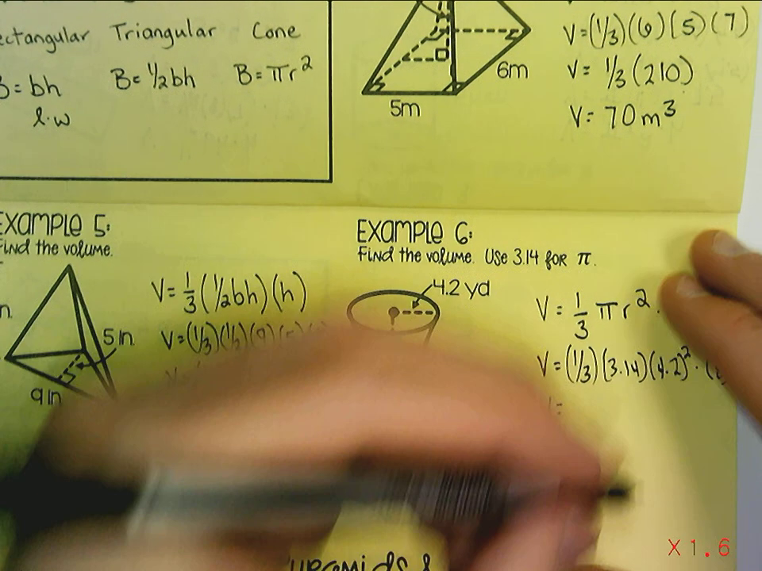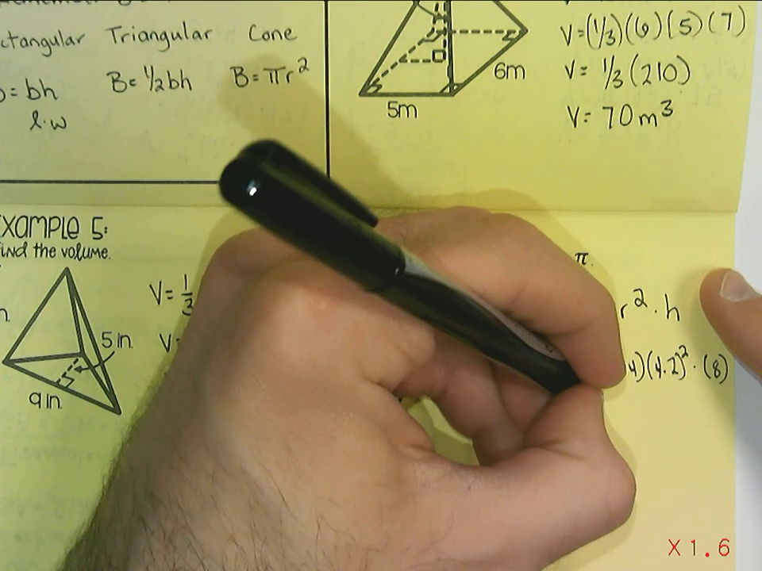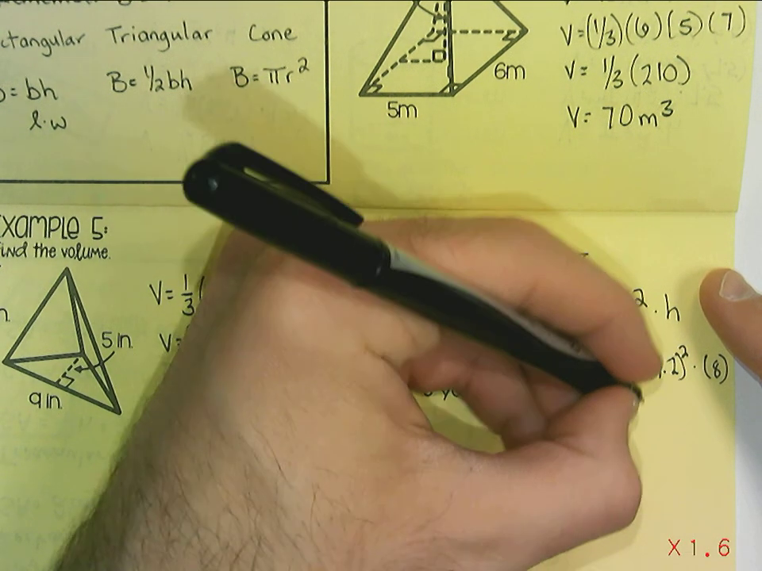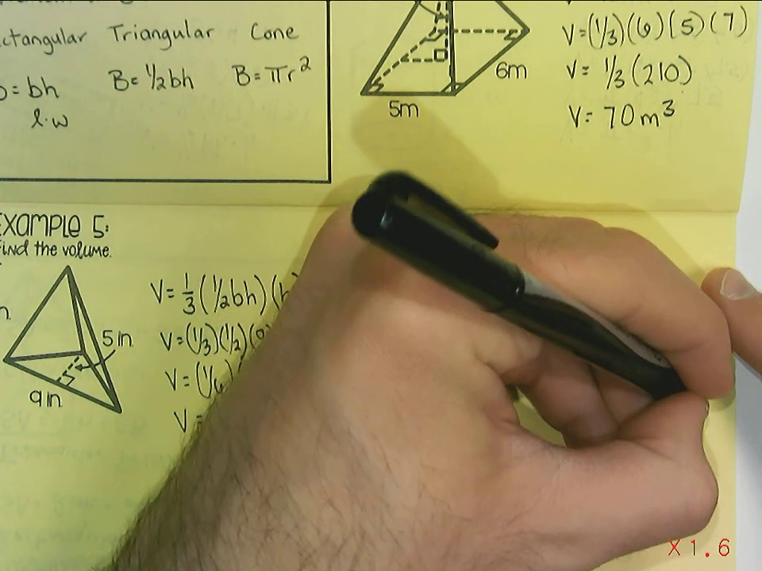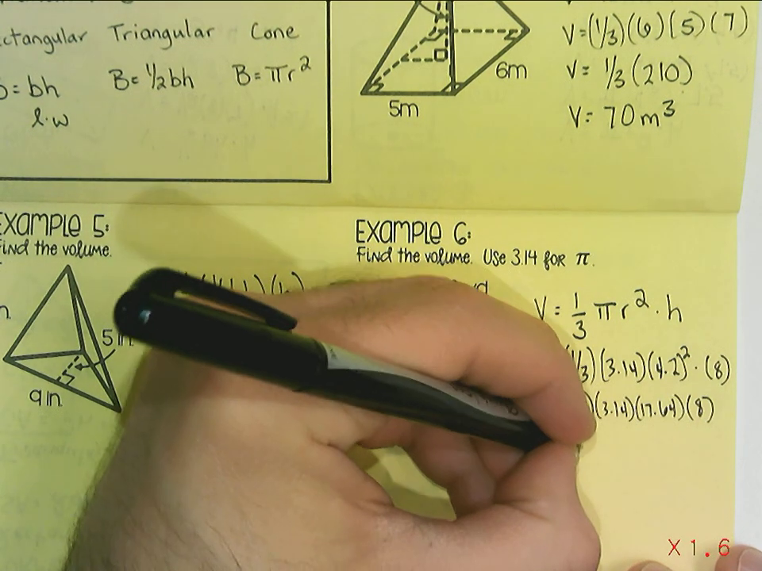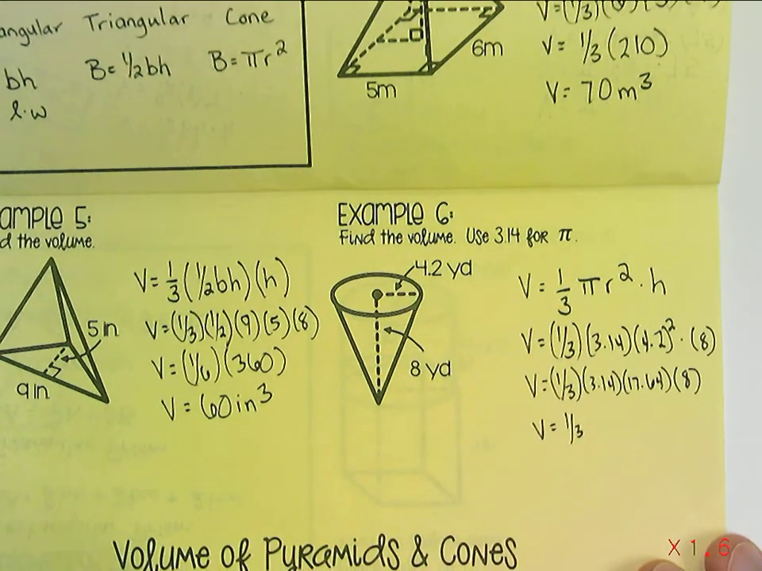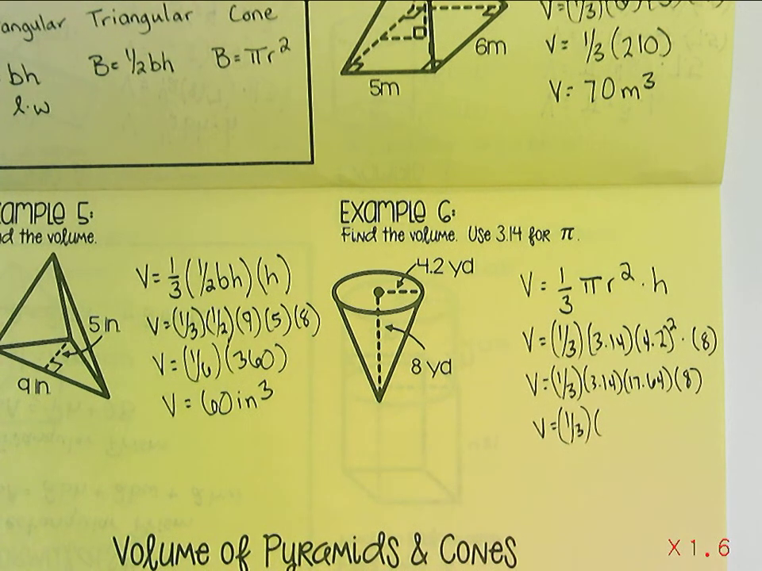So that's 17.64. So I'm just going to replace everything in here. 1/3 times 3.14 times 17.64 times 8. I'm going to keep that 1/3 out front here, and then I'll do the rest of the multiplication. The 3.14